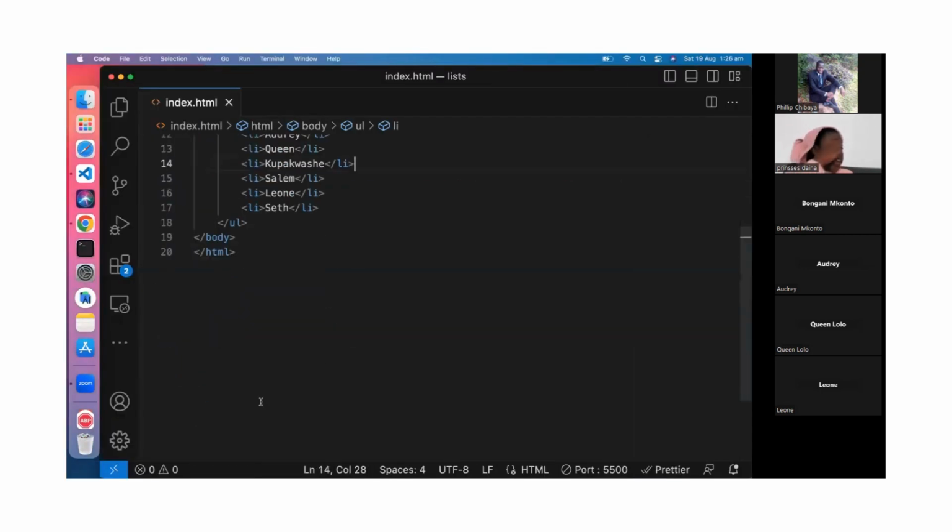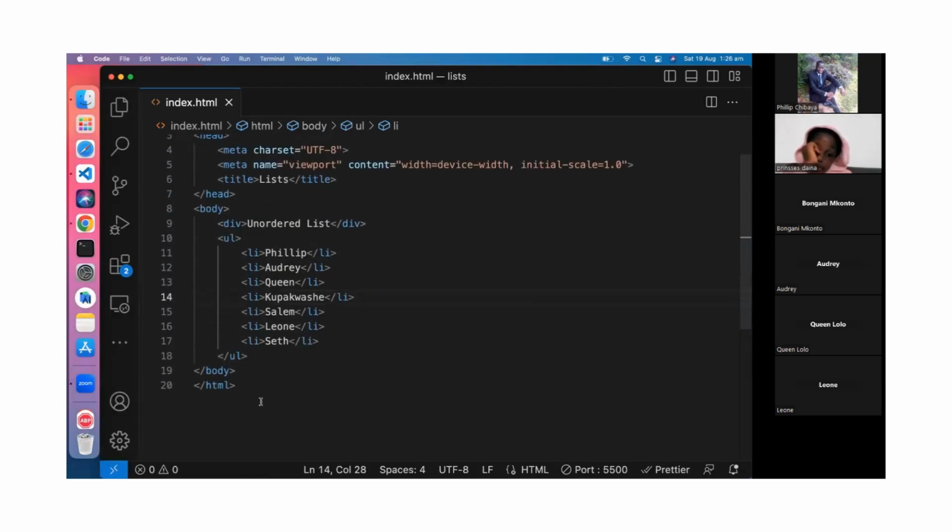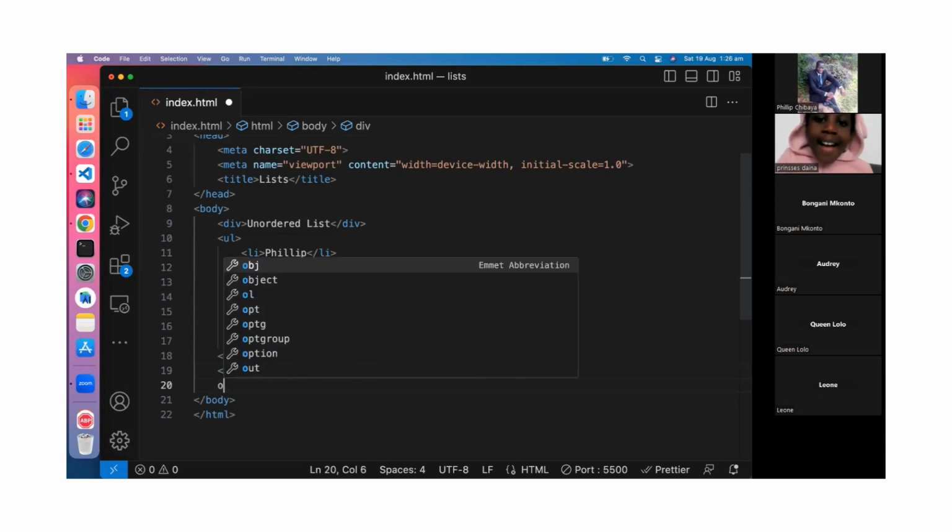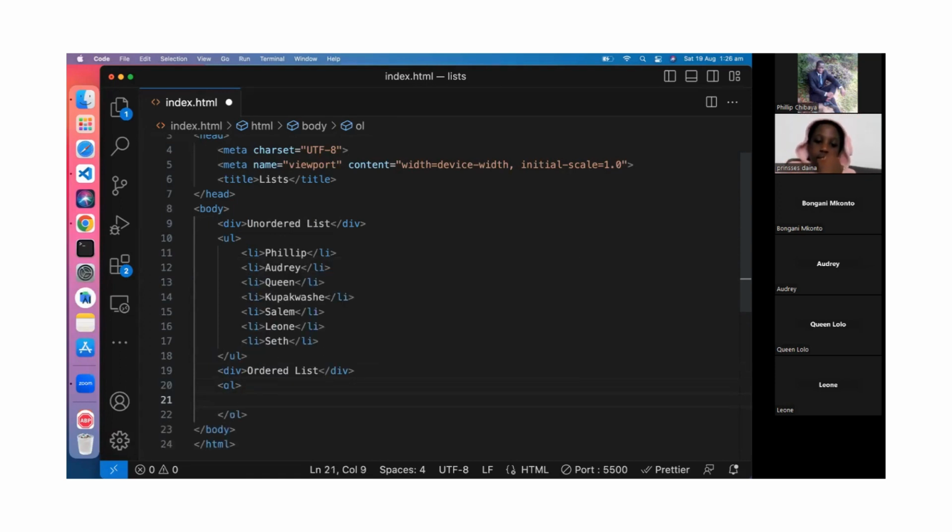All right. What if we want to do an ordered list, one with numbers? Okay. So in order to do that, let's do another one. So we go ordered list. So if you're very observant, okay, it's all in the name. OL, unordered list, UL, okay. So we get OL like that. Maybe I want to do 1 to 10, shall we? Okay. So instead of me writing it one by one, okay,